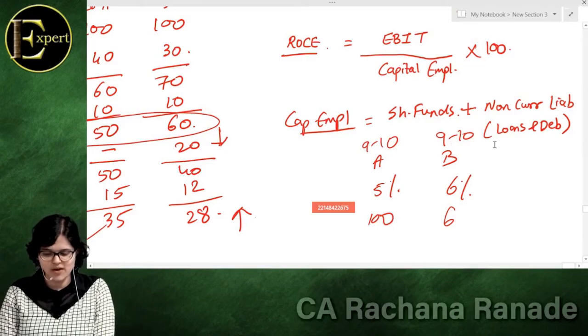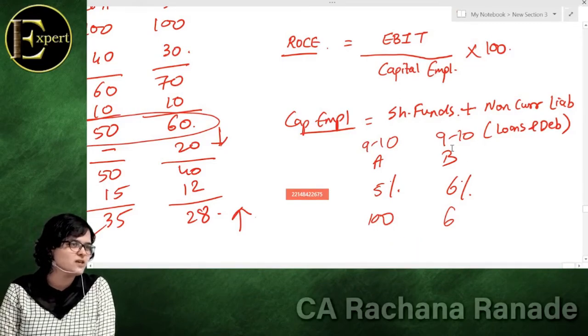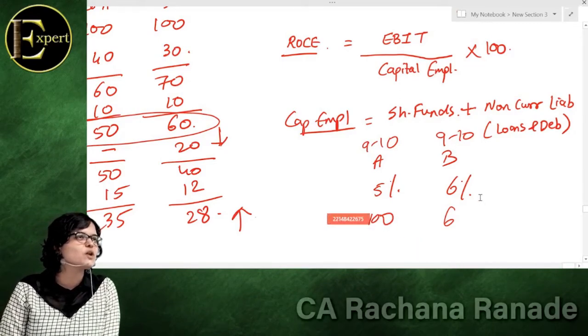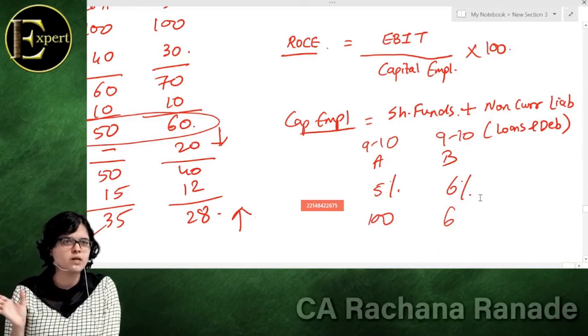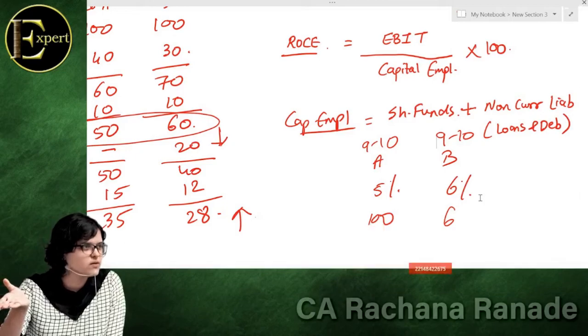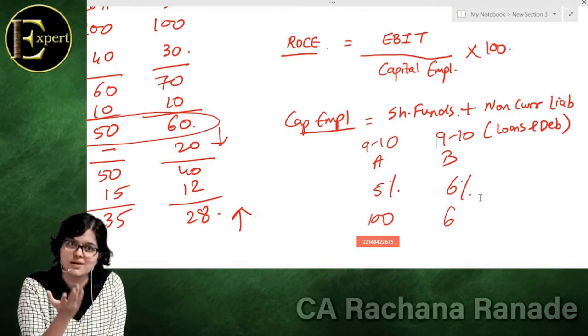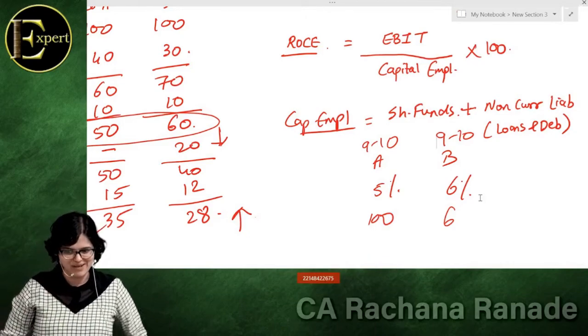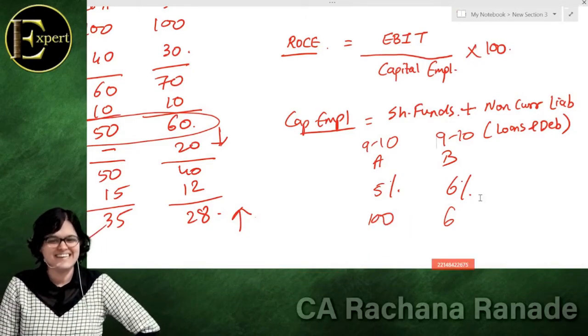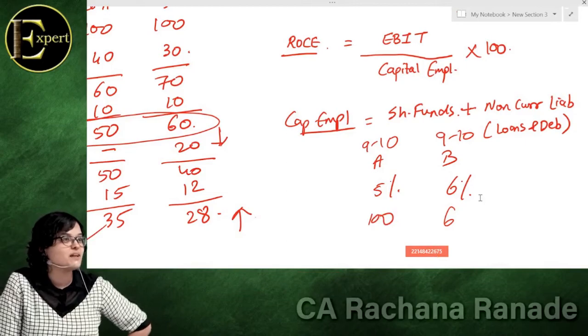Exactly. Yaar, 10 saal ho gaye. They are in the business for the last 10 years and still they are able to generate a return of only 6%. Better I keep my money in FD. Or better I keep money in some mutual fund, in some other companies, or any other investment avenue for that matter. Debenture, now you are coming to the point, debenture, right? So why do I invest in this company then?